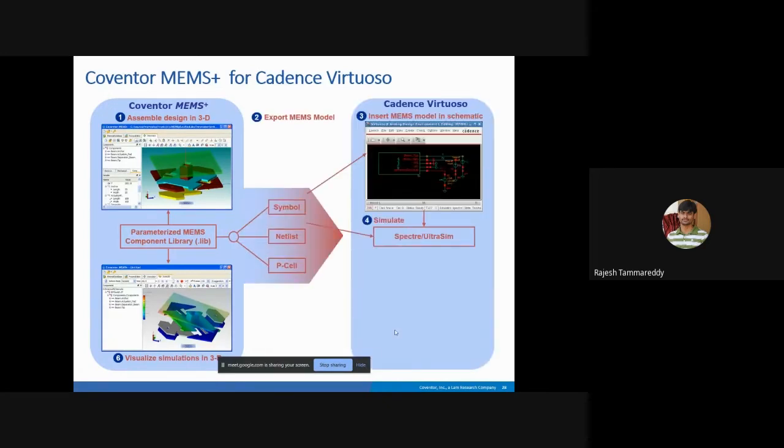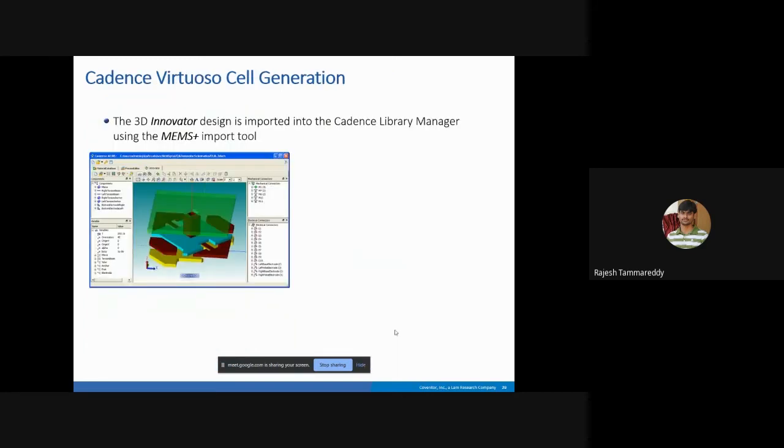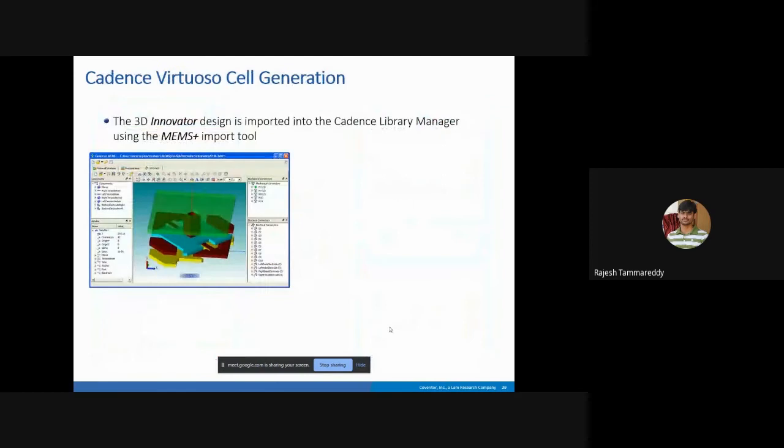Yeah, similar to Simulink, right? Here you will build the model in MEMS Plus and do basic simulations. For advanced simulations with your circuit and other things, you will take this model to the Cadence environment. Okay, once the simulation is done, you can read the results back in MEMS Plus. This is the flow. Let us see how each step happens.